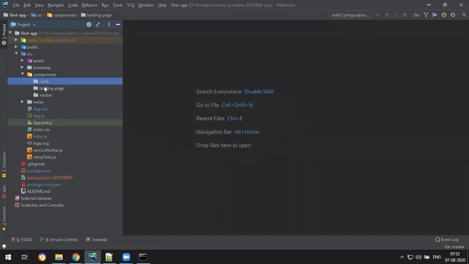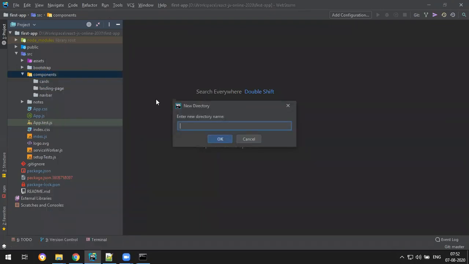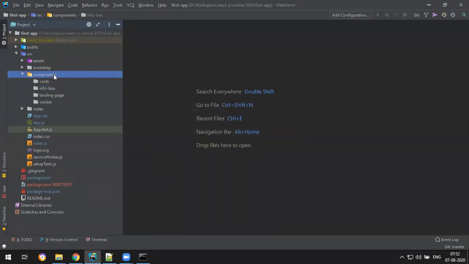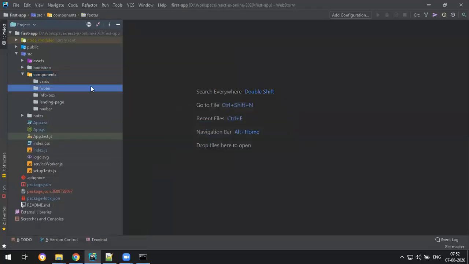Okay, so each folder specifically for each component. So new directory for info hyphen box, information box, and I also want one more directory for footer. Okay, separate folders.